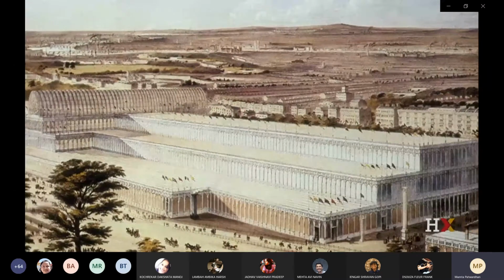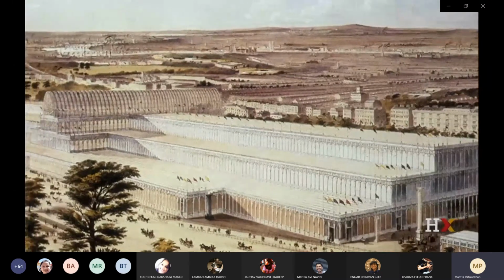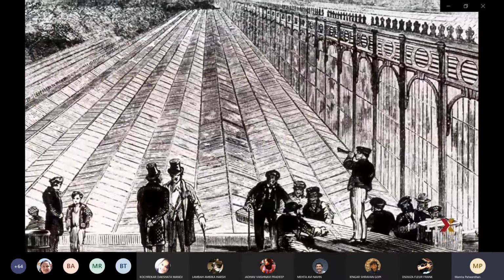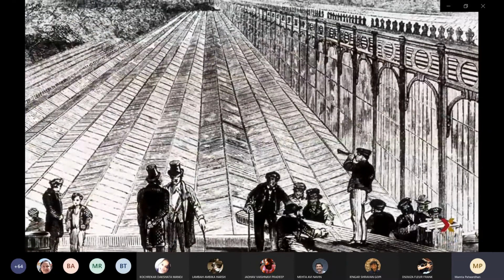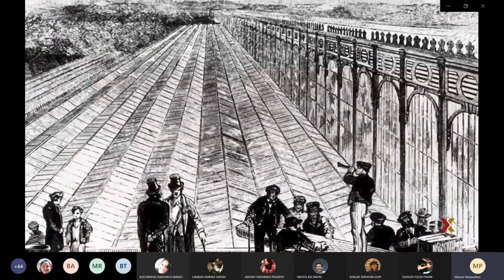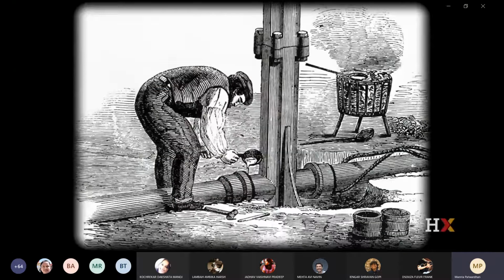Because of its scale, the building confronted its designers with a completely unexpected problem. One was how to evacuate the water, the rain that fell on the roof. Because of the surface the building covered, this problem of how to get rid of the water was pretty crucial. The solution adopted, which Paxton had tested, but at a much, much smaller scale in his Lily house, was